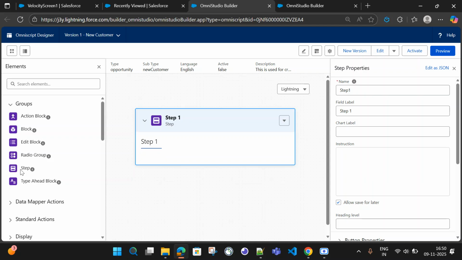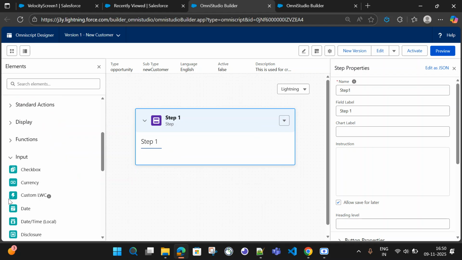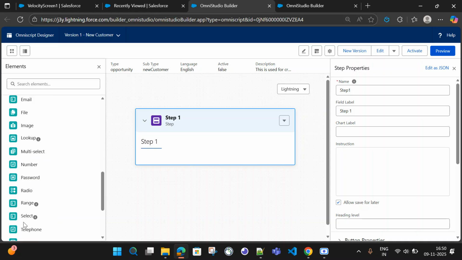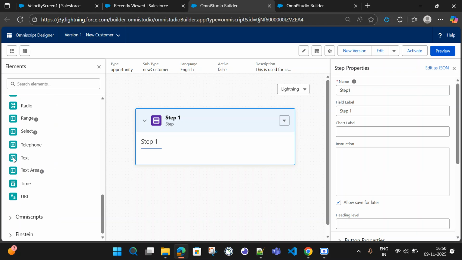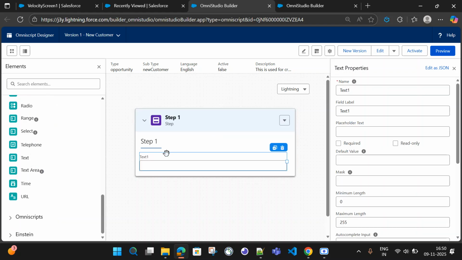So you can drag and drop the steps from here, or you can even just duplicate a step from here, right? And whenever you want to add some elements to this UI, you can always go to the input section in the elements, and you can just select, drag and drop. So I'll just select a text element, right? And when you go to properties, you have to follow a naming convention, Pascal